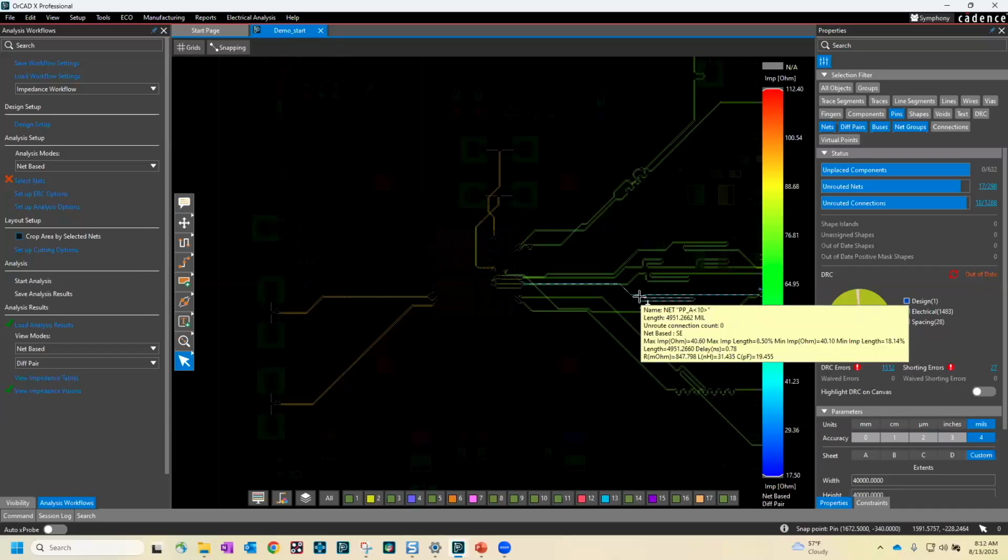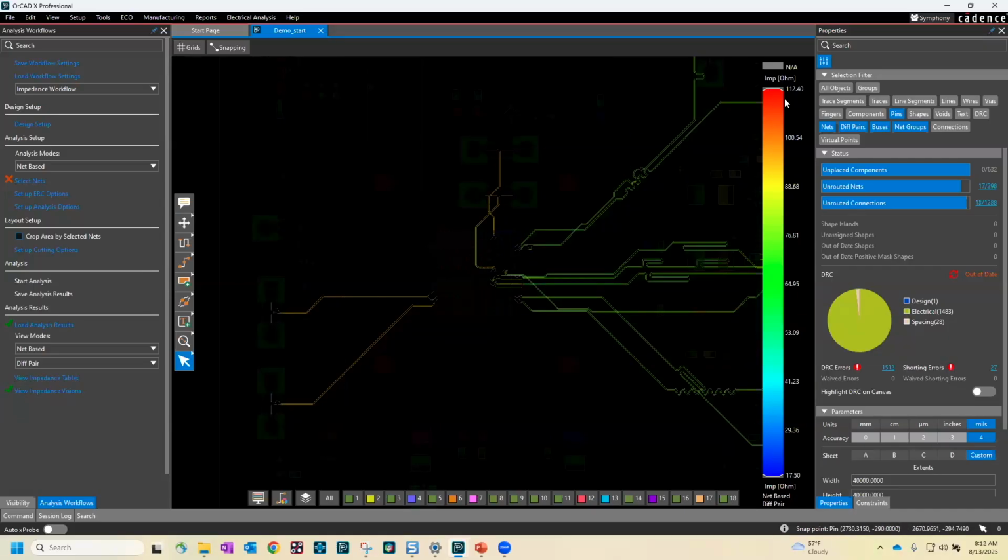So this is the visual reference. And again, it doesn't mean that red's bad, blue is good. It just means that red is the highest value it found, blue is the lowest value it found. Another thing you can look at is